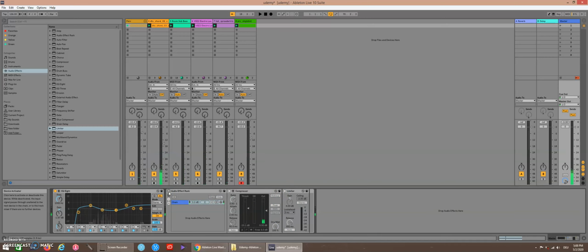So the track before compression and limiting sounds like that. And after. Okay, now you notice a little bit of a difference, right? This is a very basic way to do that using the Ableton tools. I personally do not work with